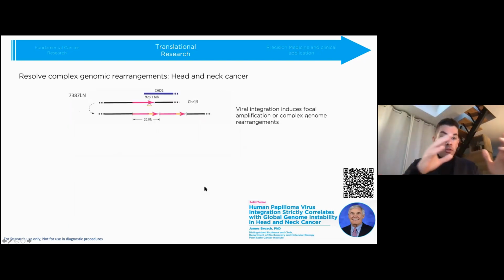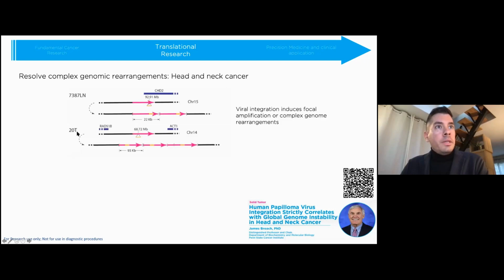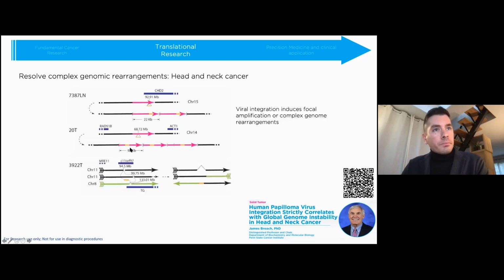And from these structural signatures obtained from our map alignments, Dr. James Broach reconstituted the complex events triggered by HPV insertion represented in these cartoons. You have here in one sample this HPV insertion that will trigger a duplication with HPV at the junction between the duplicated fragments. In this sample, it will trigger a triplication of this fragment over there, but it can also